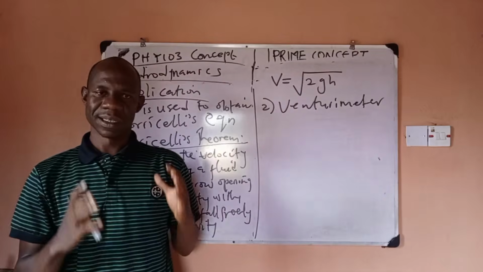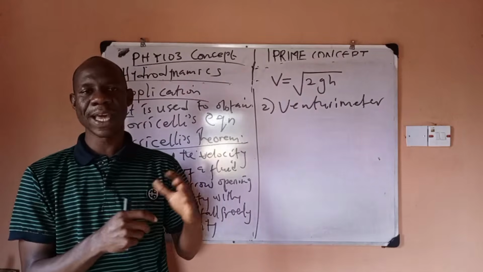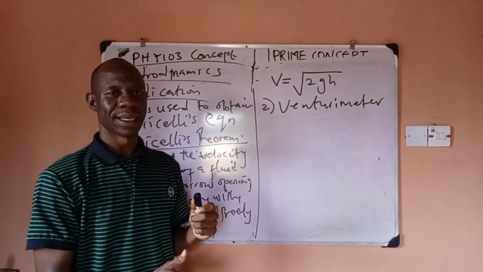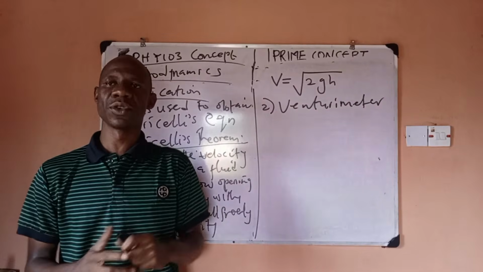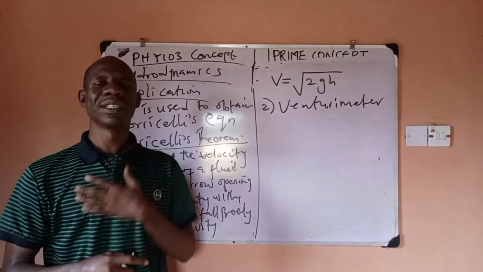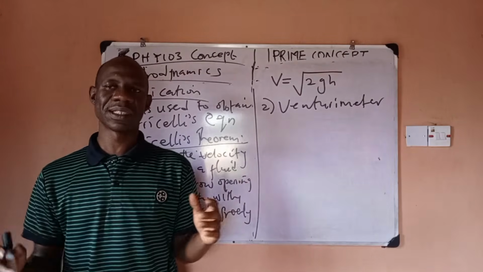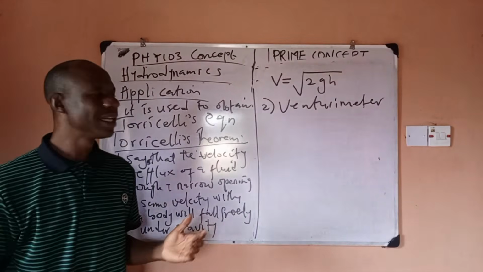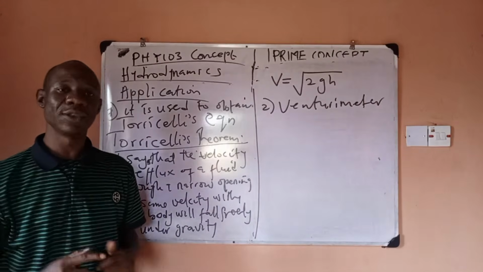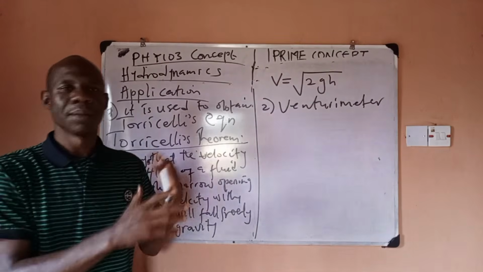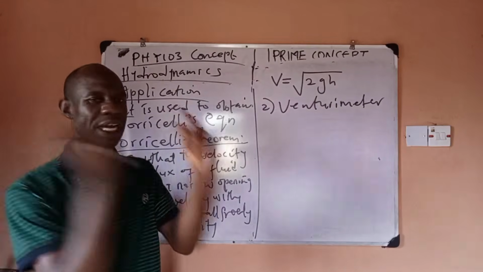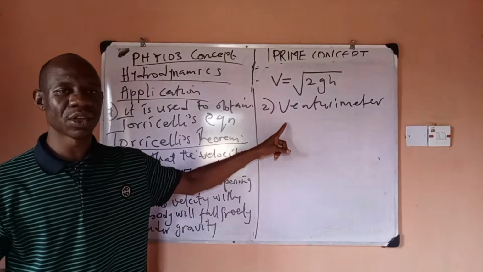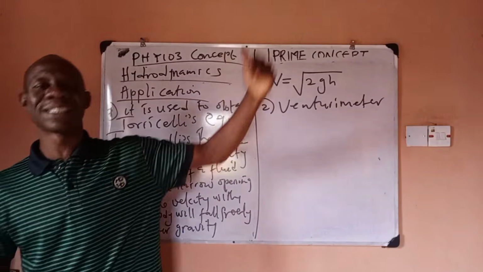So you notice in some of these areas where the villagers usually break pipeline and then begin to tap oil from those points, and sometimes when they are doing these things, suddenly police people will appear or the navy will appear, and they will be feeling like maybe these engineers are using some magical tricks to know when they have broken these things. They don't use any magic. What these engineers usually install is they install venturimeter at different